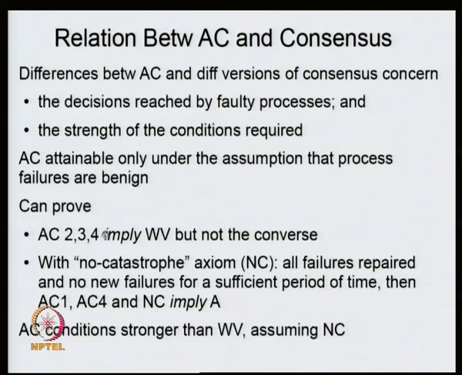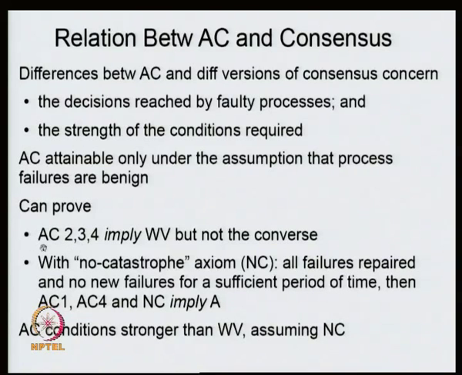We can quickly look at and convince ourselves that certain things imply something else. It turns out that atomic commitment has conditions much stronger than weak validity, and various theoretical results have been shown about the weak validity model for consensus. Essentially, what we can say is that everything that has been proved in that context is actually going to limit commitment also. Okay. So let us just look at one or two things quickly and see what the issue is.